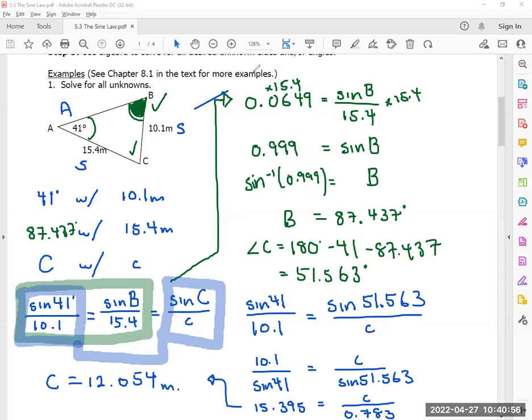We began the question with 3 unknowns, right? So I'll write it in red: 3 unknowns. I didn't know this side. I didn't know this angle. I didn't know that angle. But using sine law, which is ratio equals ratio equals ratio, or fraction equals fraction equals fraction, I was able to solve all the unknowns, even if I didn't have a